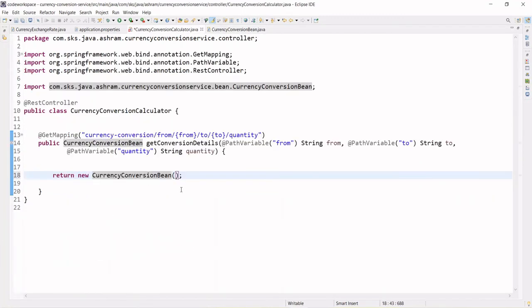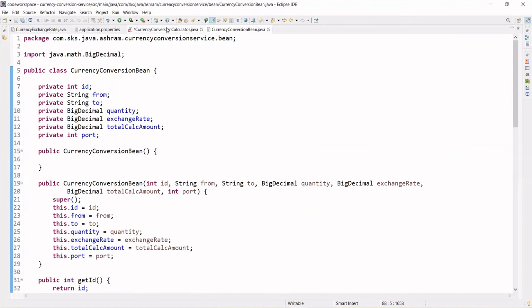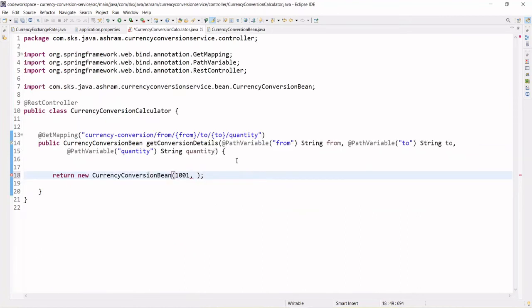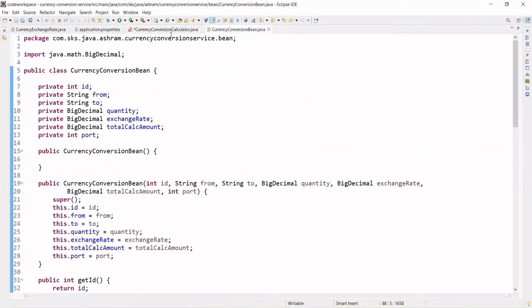So let's say I am typing just 1001 as the id. Okay, the second parameter is string. So we don't need to hard code, whatever is coming from and to, we can pass here. So from comma to, right, and thereafter what is the third parameter? Quantity, right?